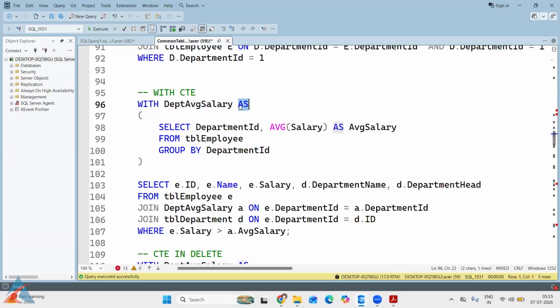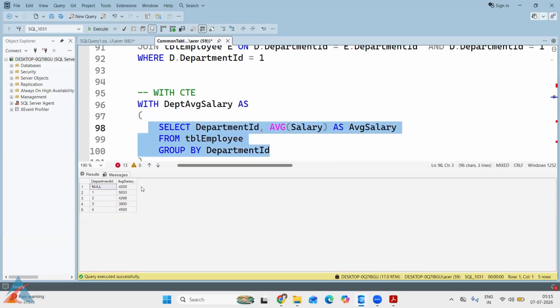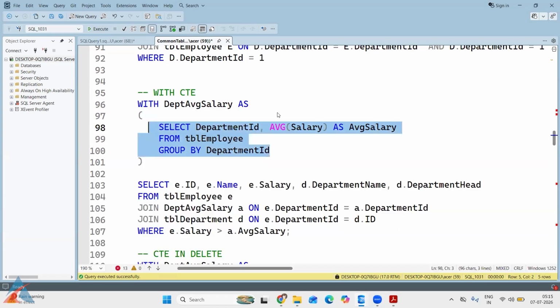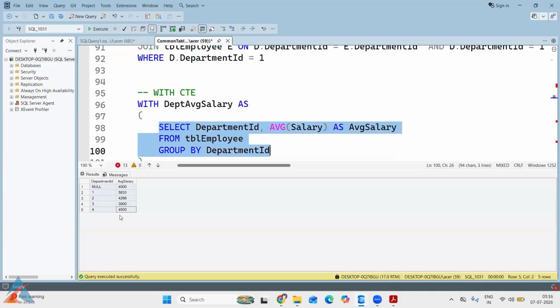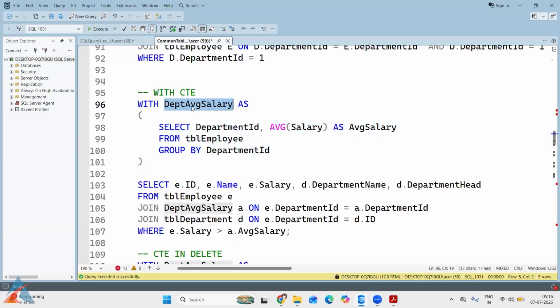Okay, AVG, and in brackets I'm writing the same query that I have written above. So select department ID and average salary of the department. After grouping by department ID, I will get the department ID and average salary for each department. This result I am storing into this CTE. CTE is nothing but a temporary result set. So whatever data we get here, like 4 rows, 5 rows, will be stored into this